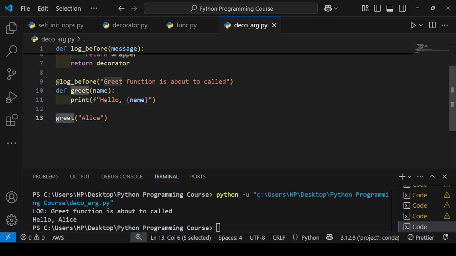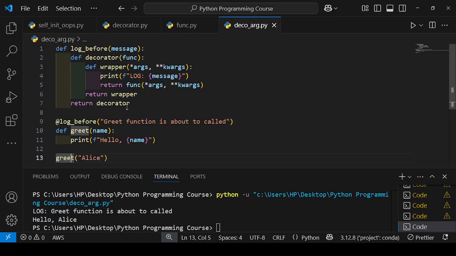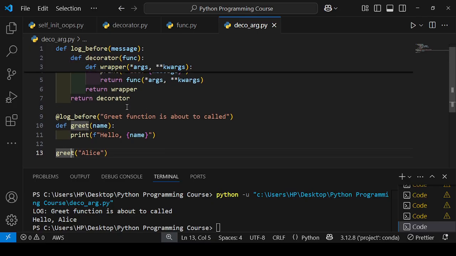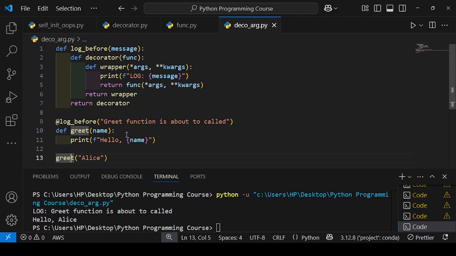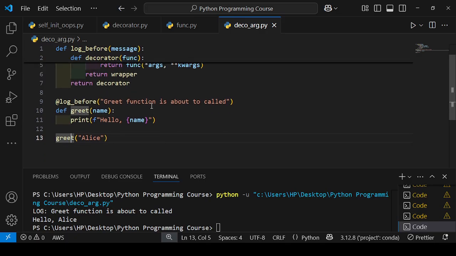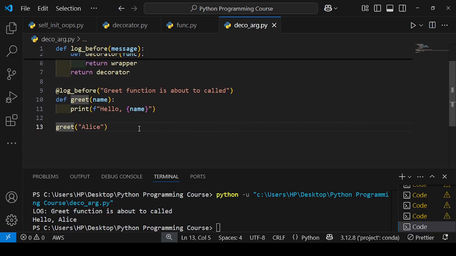So what happened here? When we called this greet function, greet acts as an argument that is passed into the decorator function. So this function returns the wrapper, and this wrapper is called. Okay,